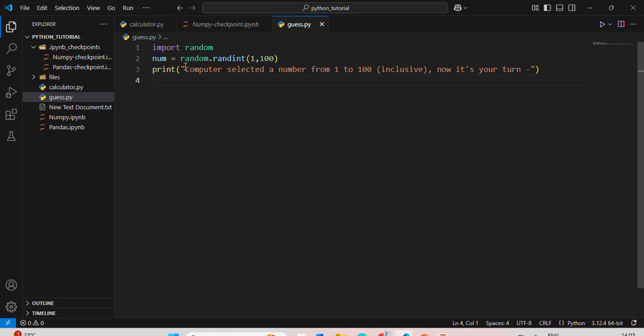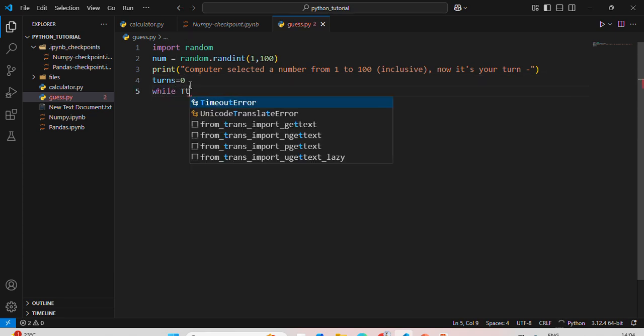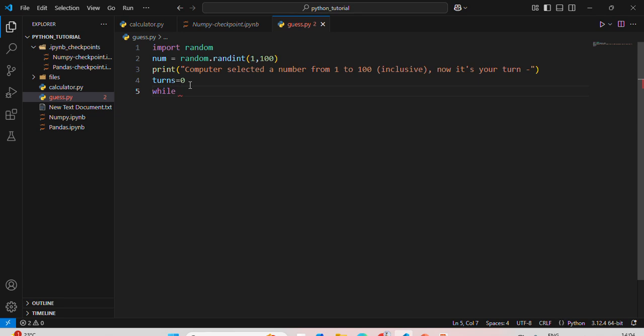Fine. Now I will do while True because I have to run a loop. To add some twist, we can add turns. We can calculate the turns. So turns, initializing it with 0, turns equal to 0, and doing while True,